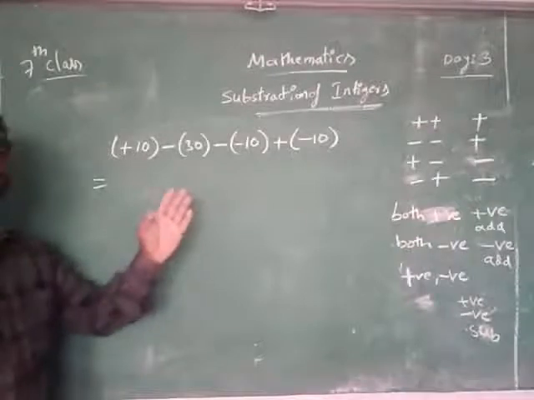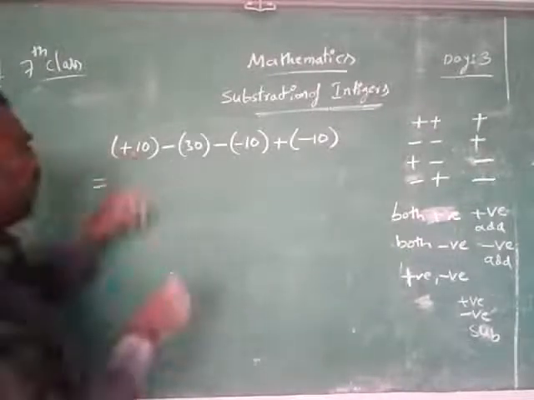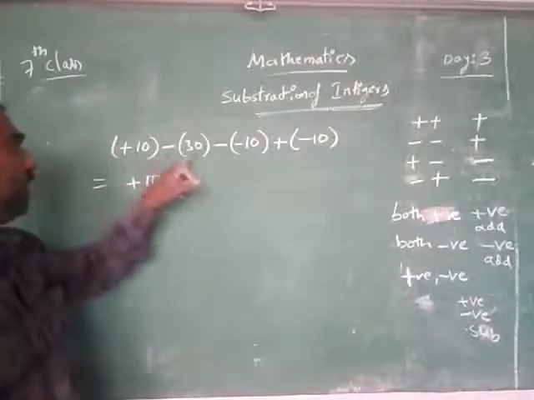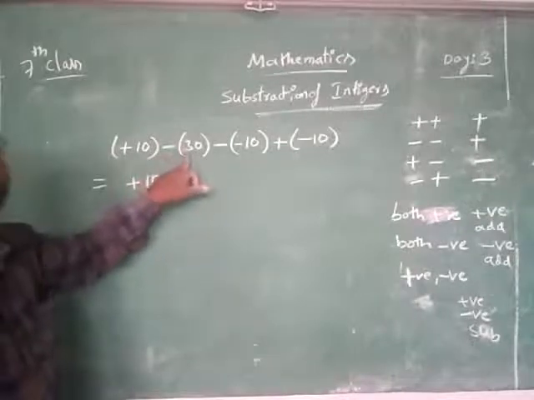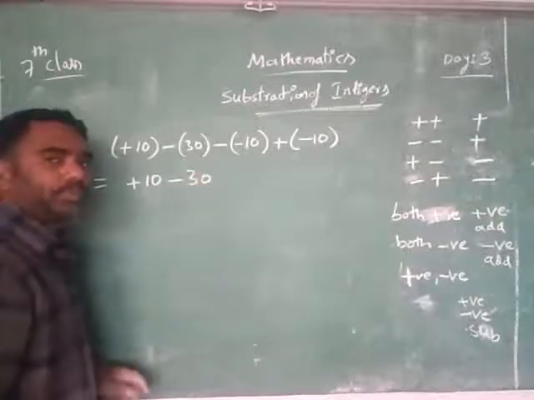What do we have to do now? First, remove the brackets. Here only one symbol is there, so no problem, directly you can write it. The second time, you see here also a single symbol, only one symbol, nothing inside. One symbol only is there, that's why no problem.